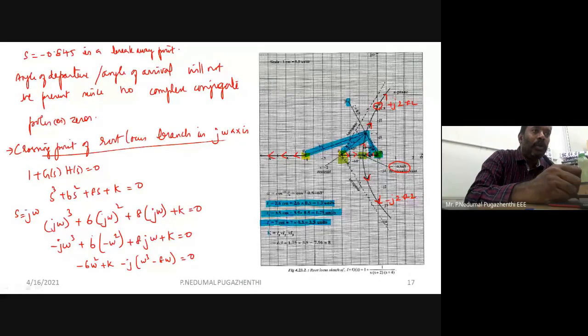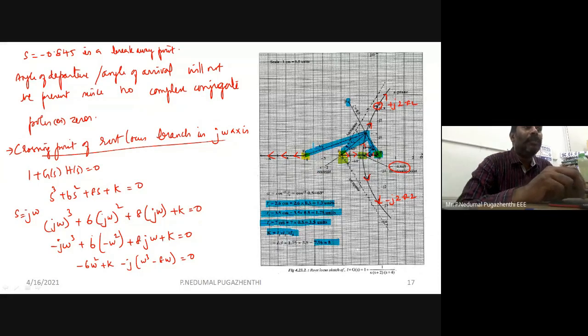Now K is equal to L1 into L2 into L3, which is equal to all these 3 values, 1.3, 1.75, 3.5, you will get it like 8. So to get zeta to be 0.5, your K value should be chosen as 8. This is one way how to find the K value based on the damping value.